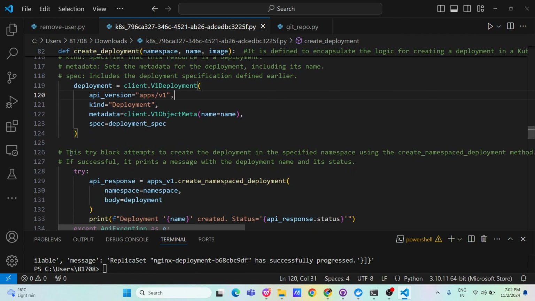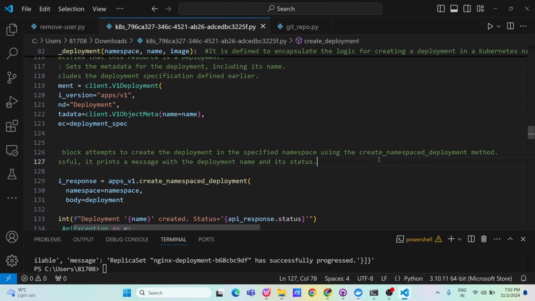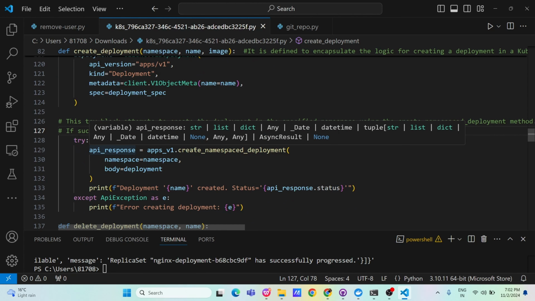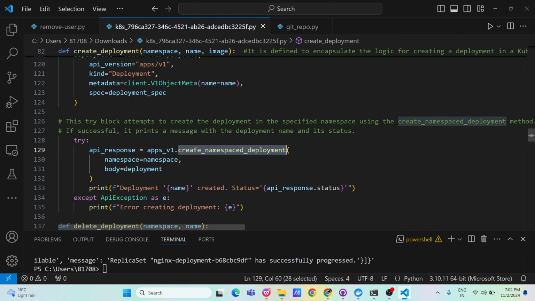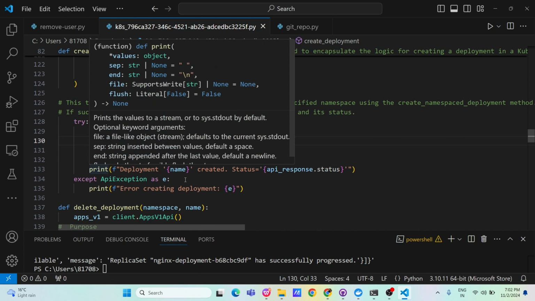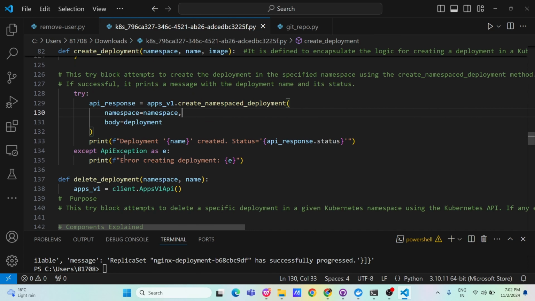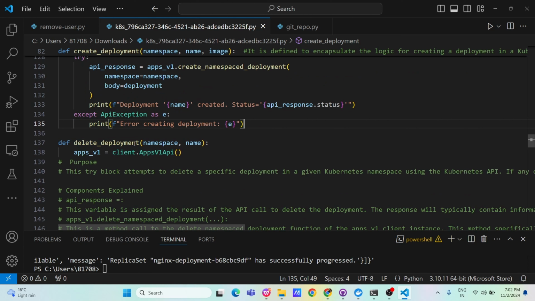Now this try block attempts to create the deployment in the specified namespace using the create namespaced deployment method. So if you see, API response is equal to apps v1 create namespaced deployment, and you are passing the namespace and then in the body the deployment, and then you are printing the deployment name, created status and API response status. And on exception it will raise, except API exception as e, like error creating the deployment. Similarly, if you want to delete the deployment, you will define a delete deployment function,